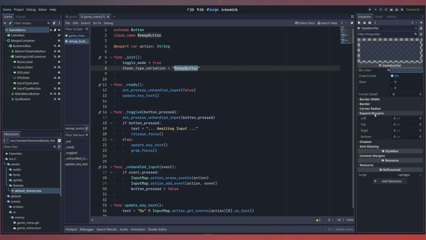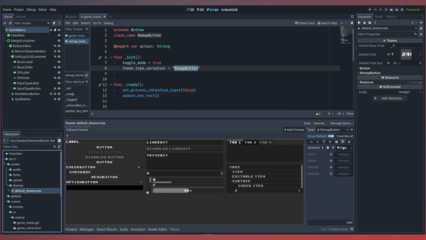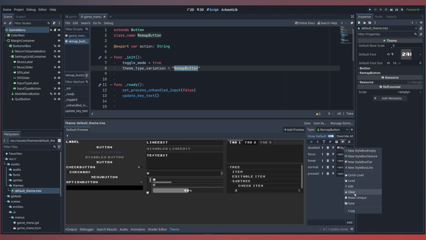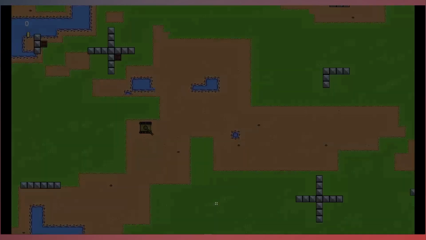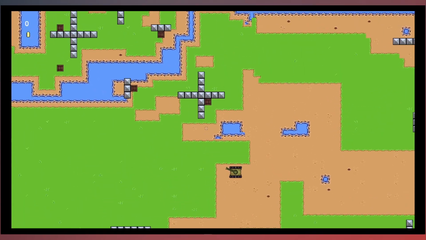Next, inside my margins, I'm going to give it about 2 pixels of margin. I'm going to save that, open up our theme again. Now we're going to add this to every one of our button types. Here we'll go ahead and copy and paste each one of our button modes. Now, if we save that and run our game, so we fire it up,